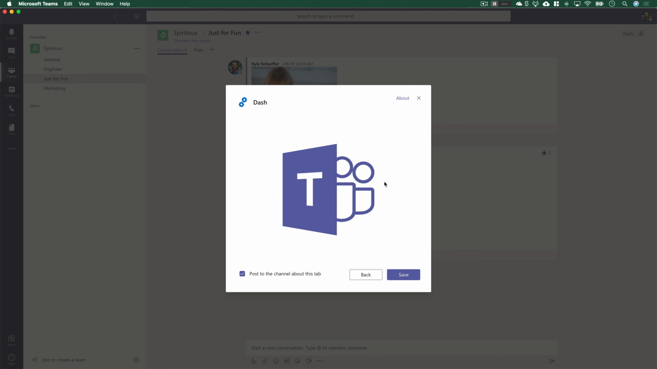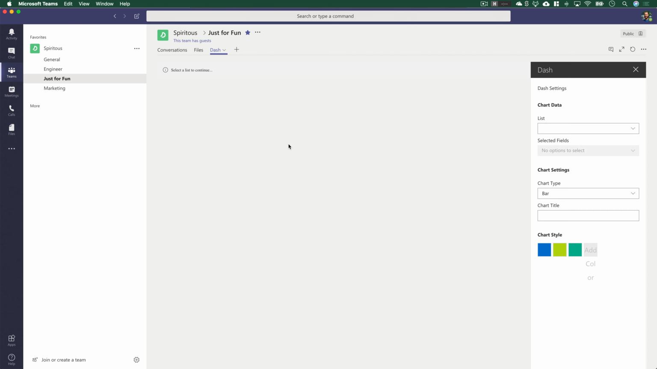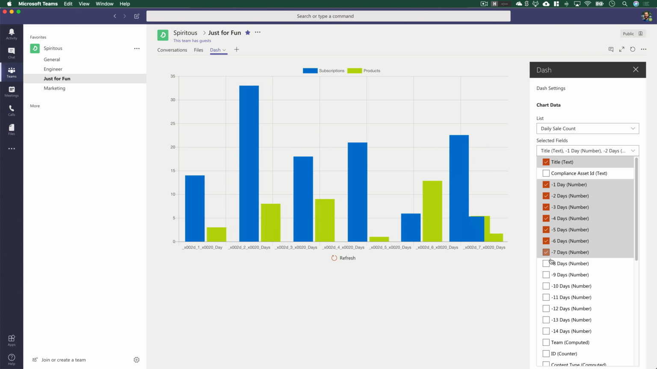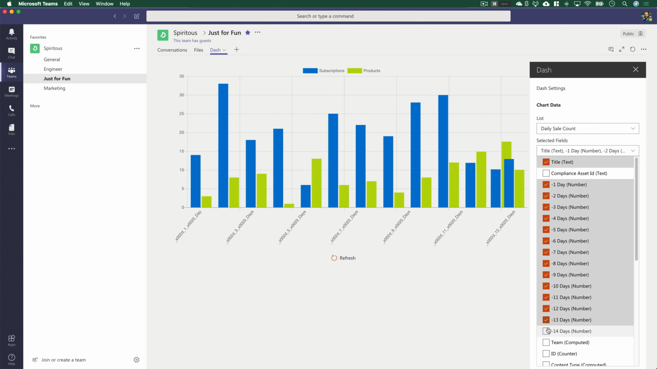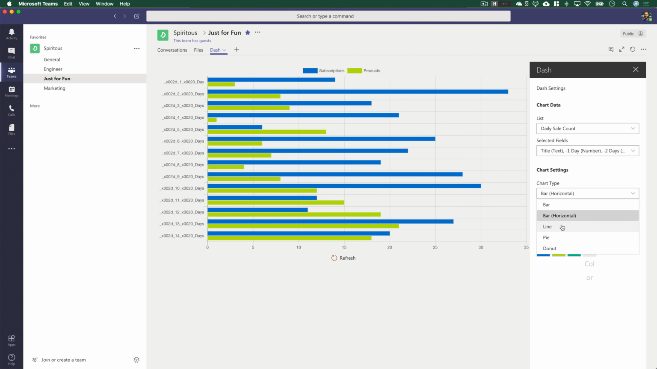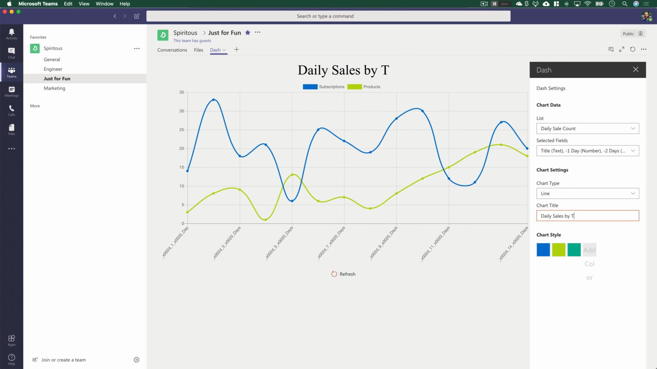It's going to install our Microsoft Teams tab. I'm going to hit save there. And it's basically going to run the web part on the SharePoint site, but it's going to allow us to edit it using the property pane over on the right. So for example, I have a list in this particular team called daily sale count. We'll go ahead and select some fields and you'll see it is a fully working web part. How cool is that? We could change to a line chart and just type daily sales by team or something